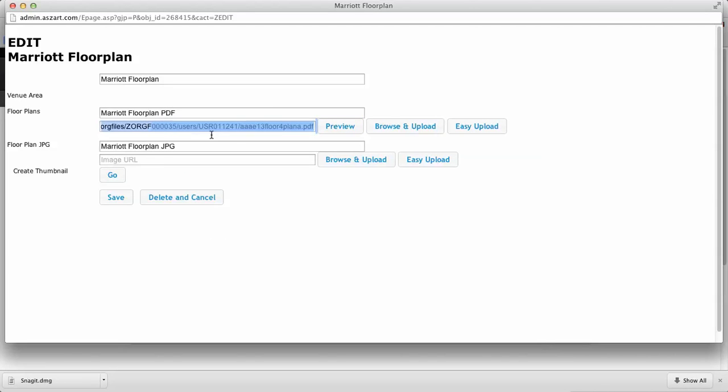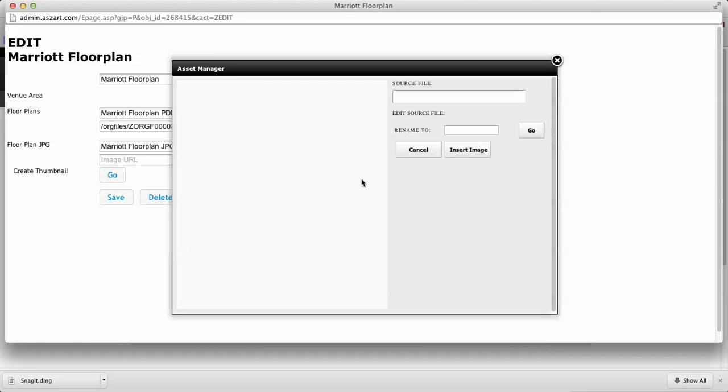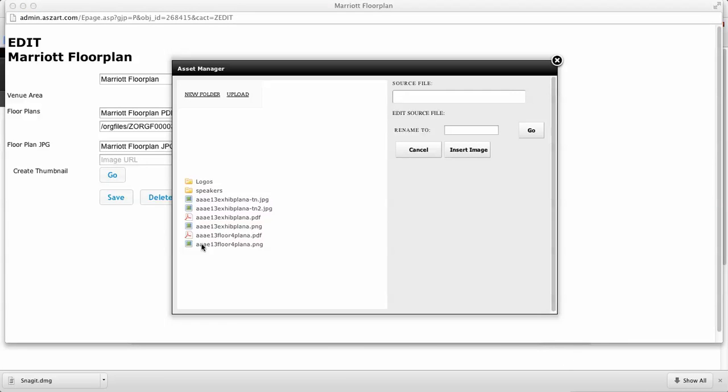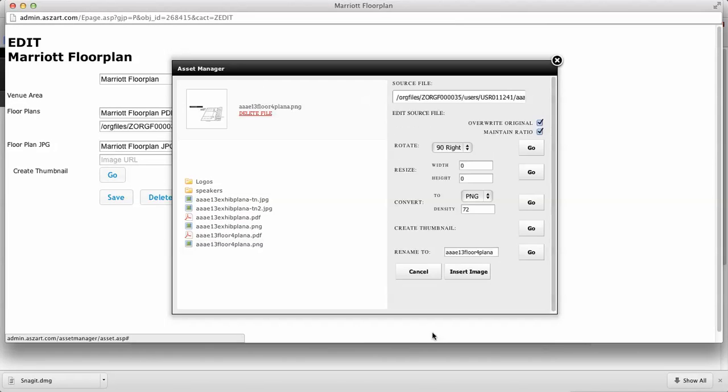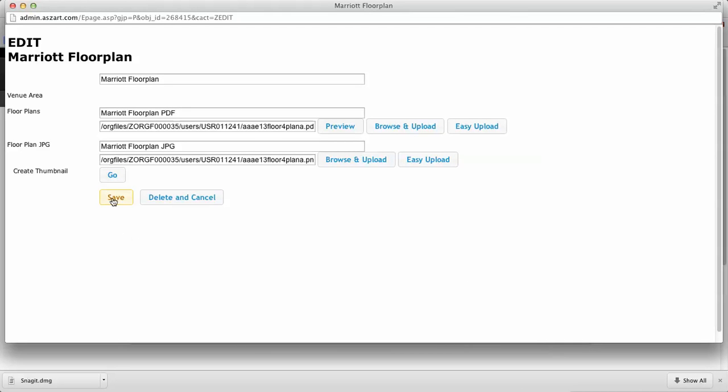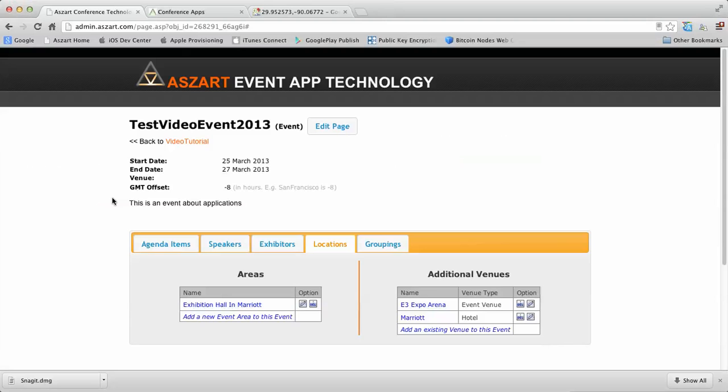There's the PDF added in, and we should now be able to add in our floor plan JPEG, which is exactly the same as that, but with JPEG extension. We just have to wait for it to appear. Okay, and there's our floor plan. So again, we've just uploaded that. Press insert image, and now we can press save, and we now have our Marriott floor plan as one of